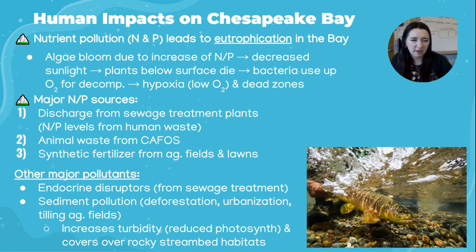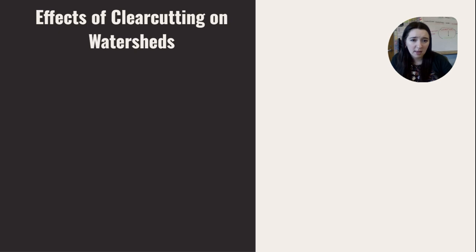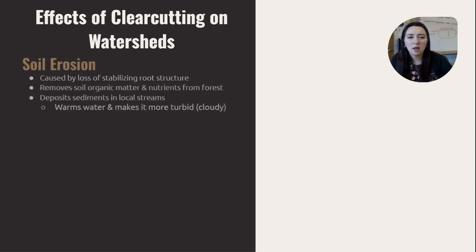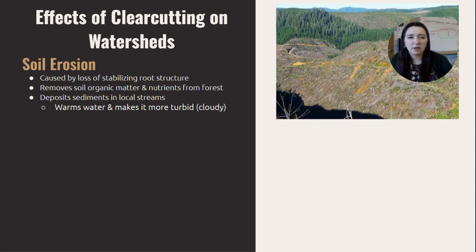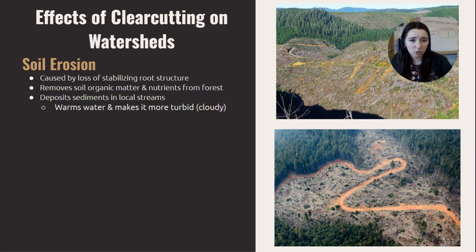And I know I have some more pictures there that you can see. Okay, so in terms of the effect of clear cutting on watersheds, as you should maybe remember, clear cutting is the permanent removal of trees in an area, and you are massively cutting them down in big swaths. So I just said earlier how